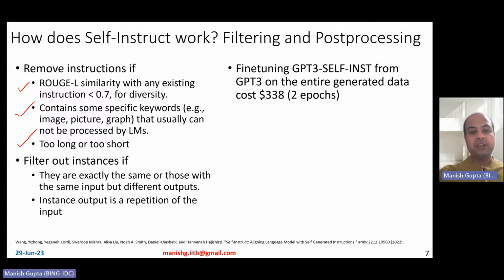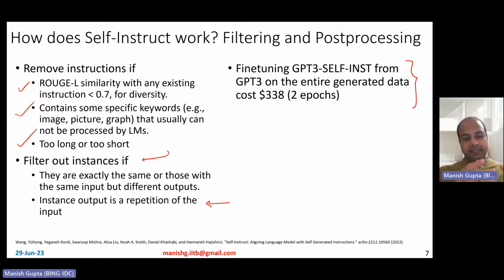Next, you can also filter out instances. You remove those instances that are exactly the same, or those with the same input but different outputs. You also remove those instances where the output is a repetition of the input. So these are all obvious ways of filtering out not useful instructions or not useful instances. The interesting part to note is that